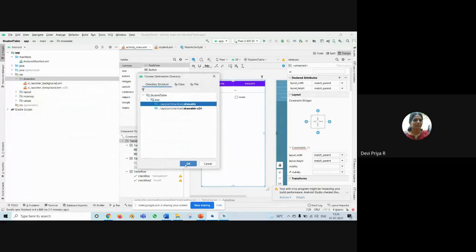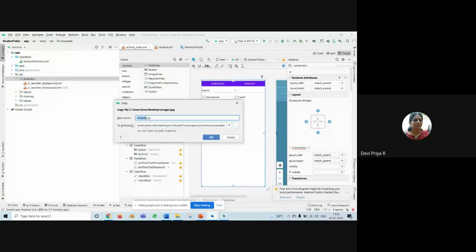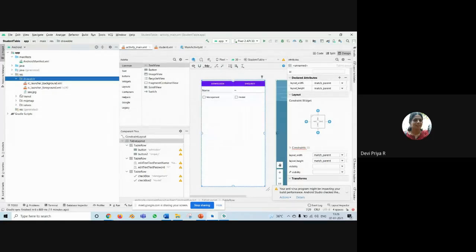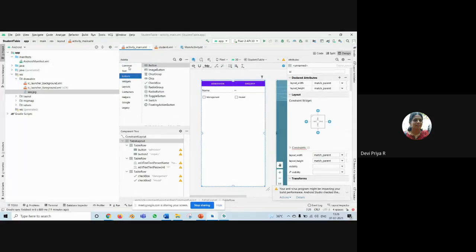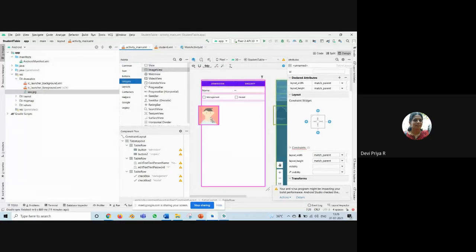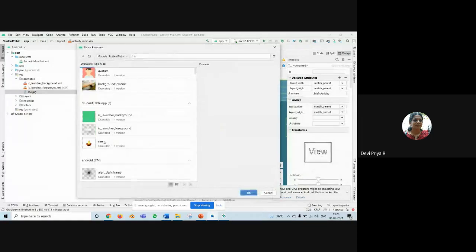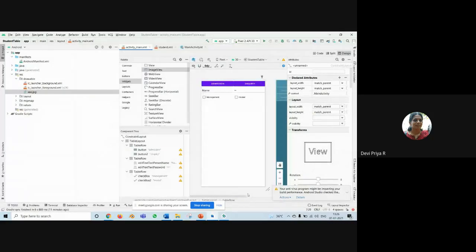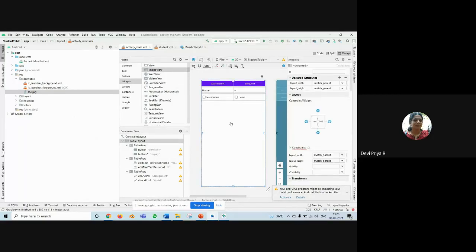It will ask you to give a name for your image. Now it will be displayed, and while creating your image view, this image will be displayed.